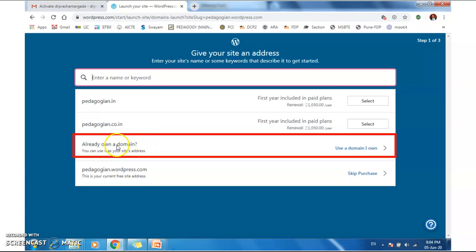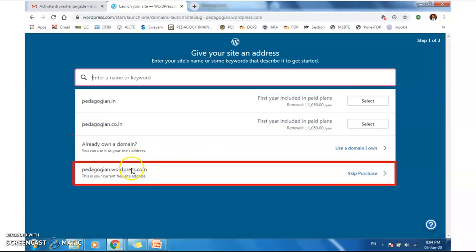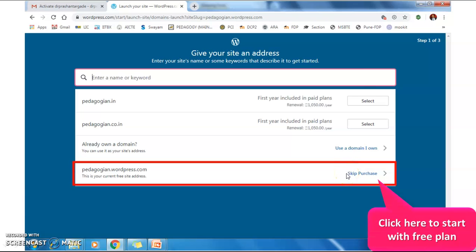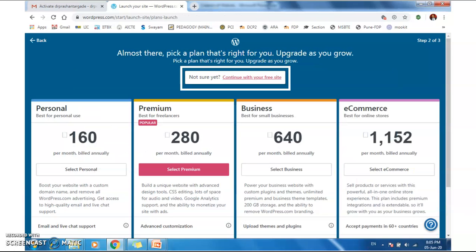If you already have a domain name, you can continue with the domain name of your firm. And if you want to start free, if you don't want to purchase, then click on the Skip Purchase button, because this pedagogians.wordpress.com site is a free one. So just click on Skip Purchase to start with the free plan.